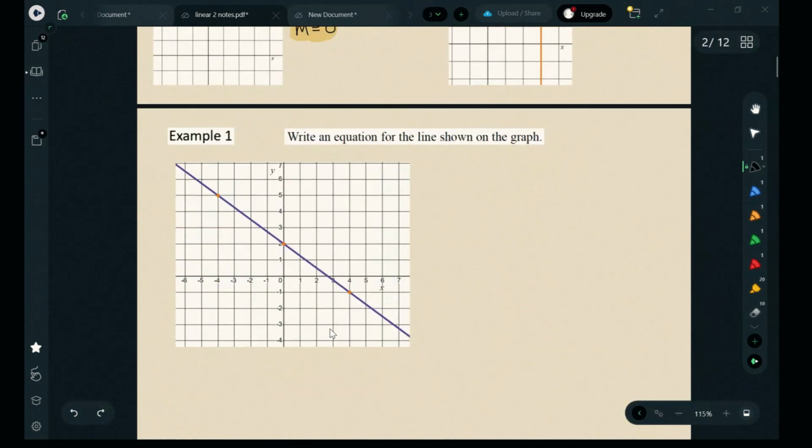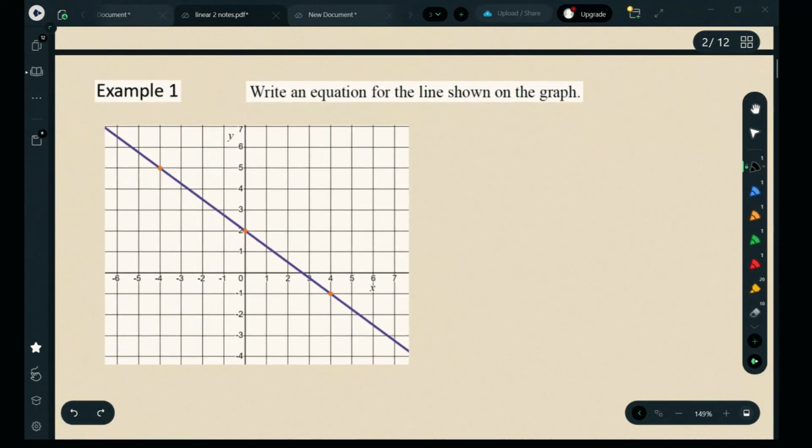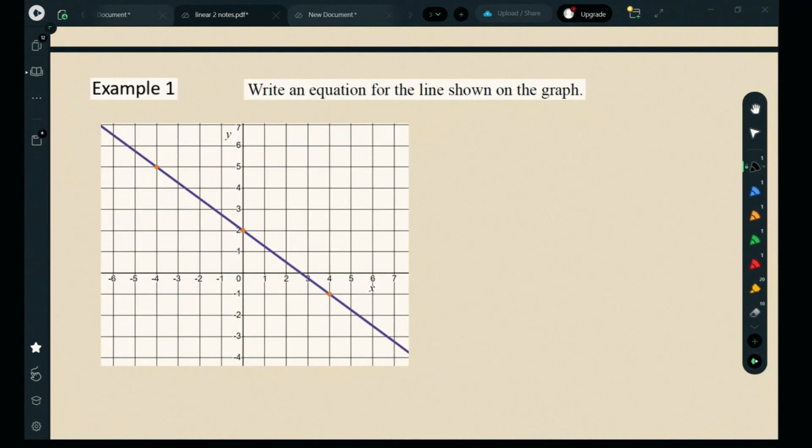Let's look at some examples here. So here's our first example. We're given a graph and it asks us to write an equation for the line shown. And it doesn't tell us what form to use. Notice here it says write an equation. It doesn't say write the equation because there's more than one equation that can produce the line shown on the